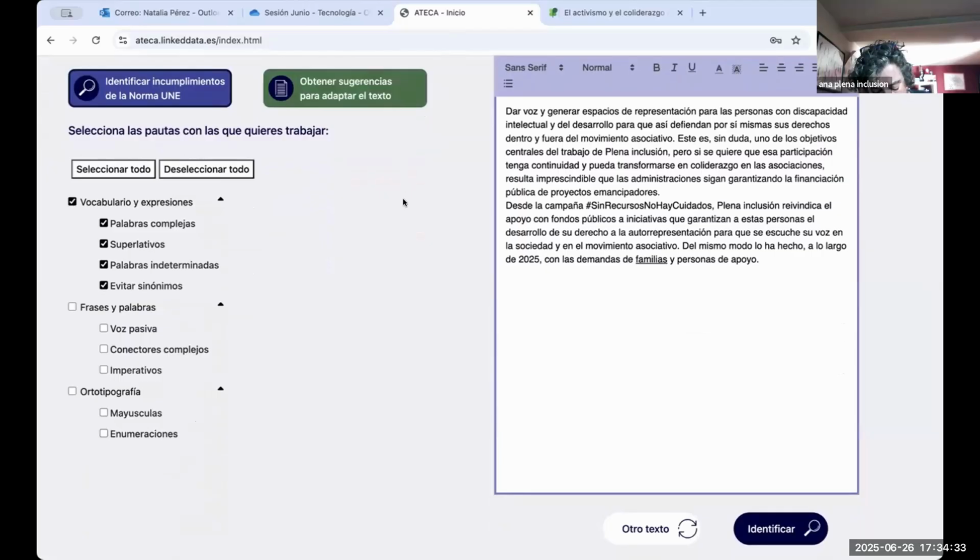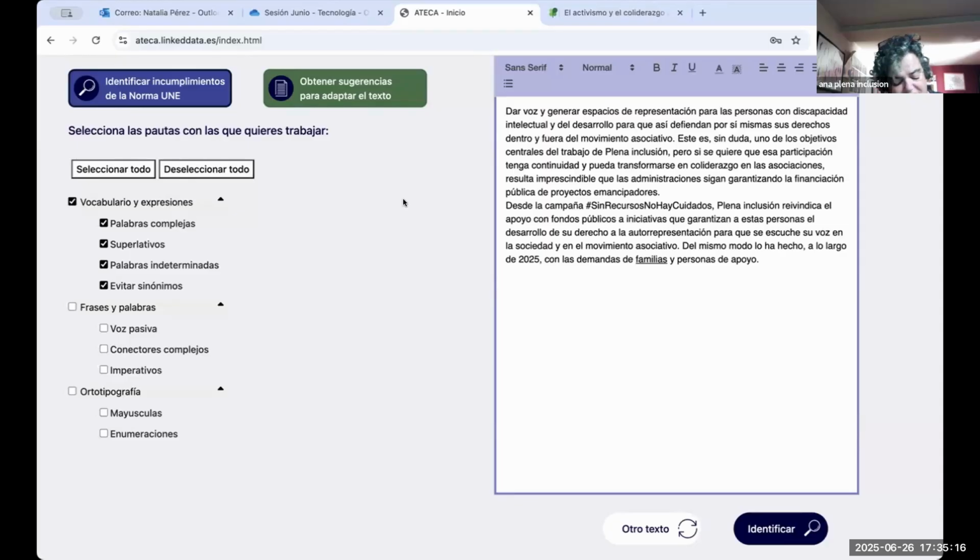Lots of people are using it, although it is a pilot. Many people from Spain are using it, and also from Latin America and the US. Data show that thousands of people have used the tool. Many have reviewed texts and have offered suggestions, which shows that there is an interest in improving accessibility. It's better than ChatGPT. It's specialized on easy reading. ChatGPT can help you, but it doesn't explain why they make changes. Ateca does it, but still not for this version.